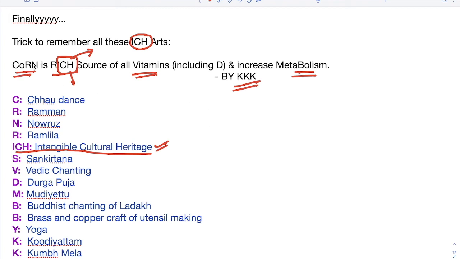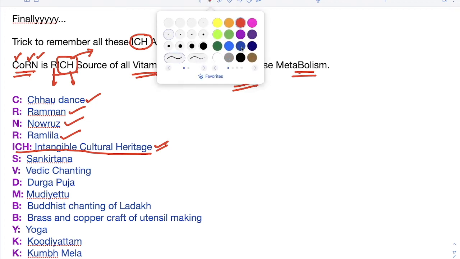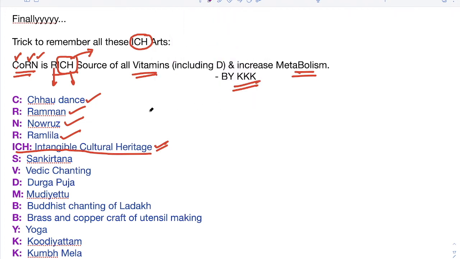Now coming to CRN, CRN, the capital letters resembling the art form. So C means Chhau Dance, and R means Ramman festival, and N means Navroz. Again here one more R is there, that is Ramlila. So the first 4 are CRNR, that is Chhau Dance, Ramman, Navroz, Ramlila. Next ICH means Intangible Cultural Heritage, and source, in the source S